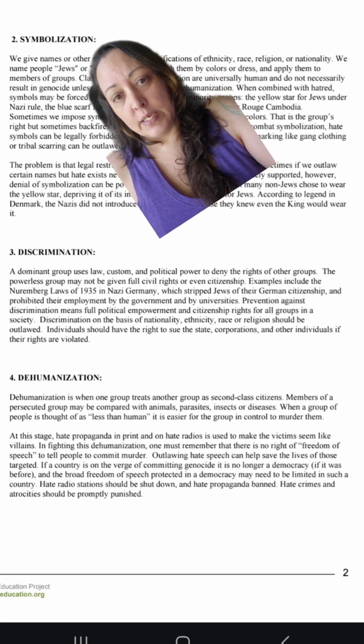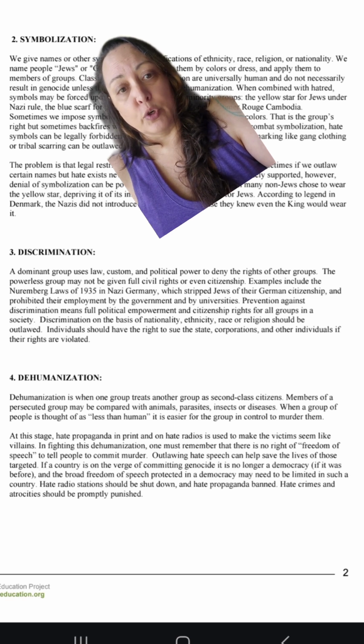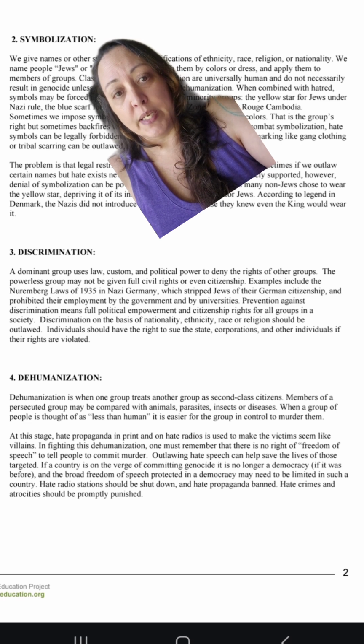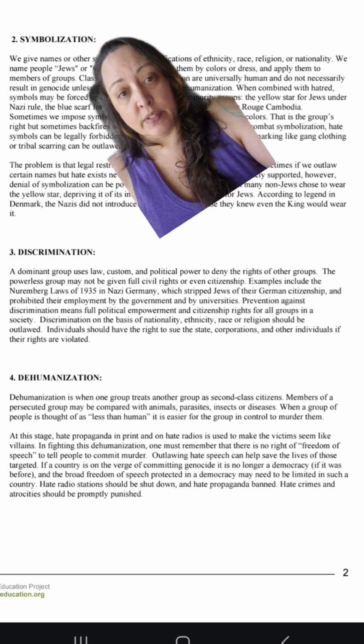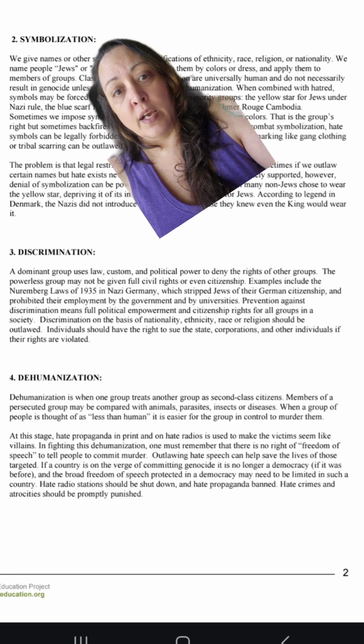Okay, step 4, dehumanization. Dehumanization is when one group treats another group as second-class citizens. Members of a persecuted group may be compared with animals, parasites, insects, or diseases. We saw that on the campaign trail from Trump. When a group of people is thought of as less than human, it is easier for the group in control to murder them. At this stage, hate propaganda in print and on hate radios is used to make the victims